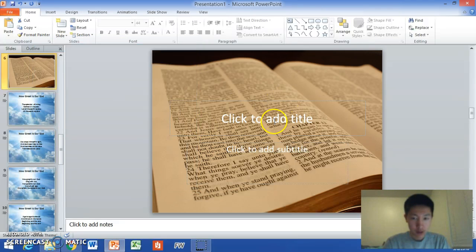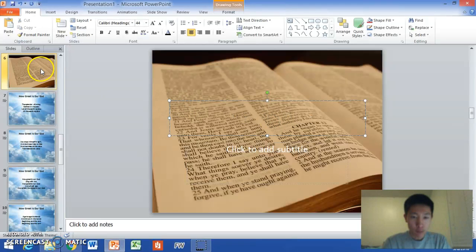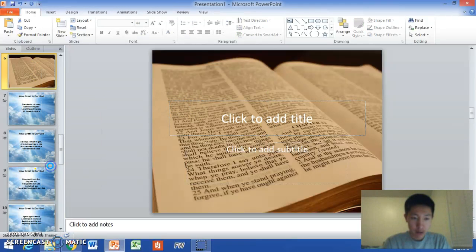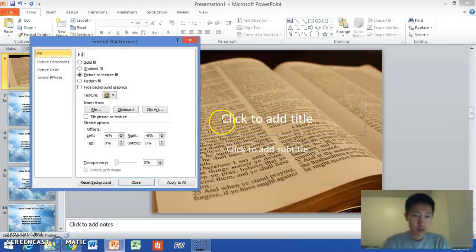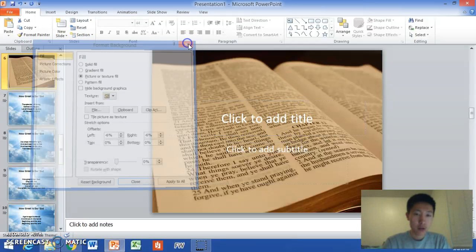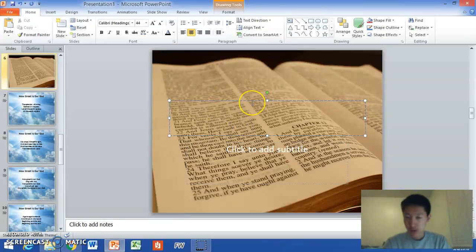Perfect. And then I would want to play around with the transparency, brightness, and all the artistic graphic design of the background, so that when I type in the sermon title, such as for example, the Son or Children of God.